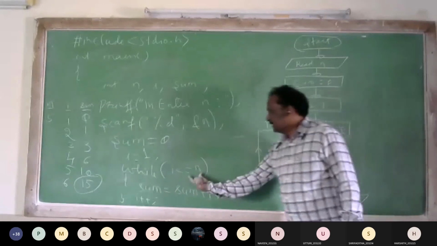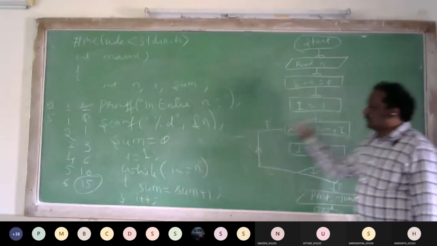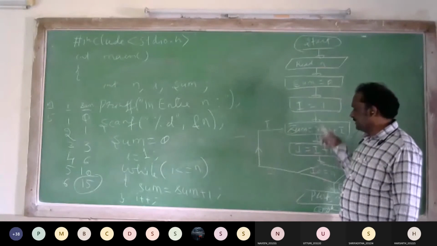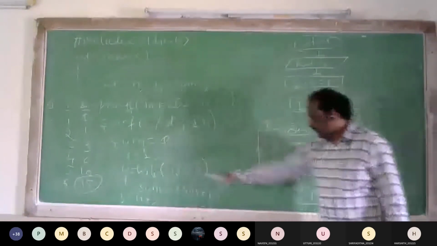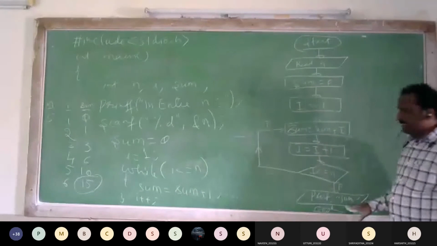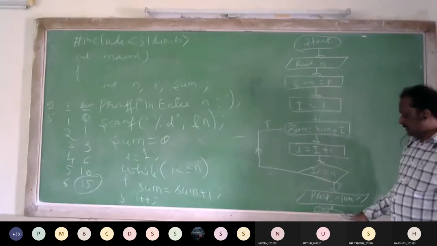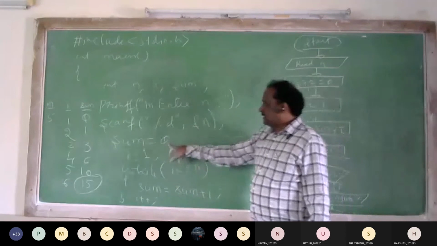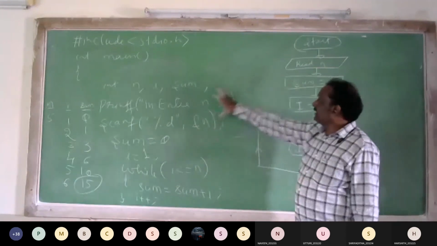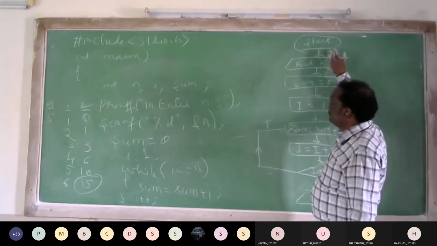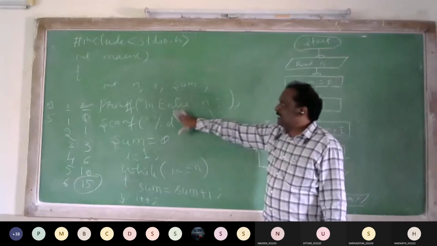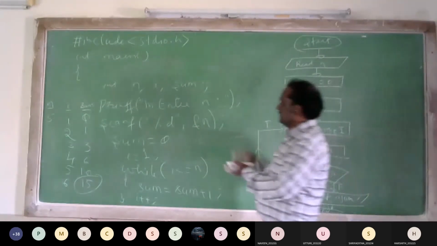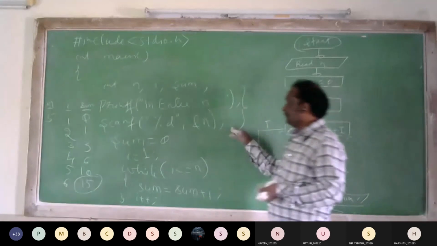This is the condition. This is the initialization, i is equal to 1. Test the condition. What statements are executed? When the condition is false, print that result. Print sum, stop. Now what is this? These are the initial values. Sum I have assigned 0. Read n: in the flowchart I am using read n. In the program I need to use printf, enter n, scanf, address of n. This is just nothing but read n.